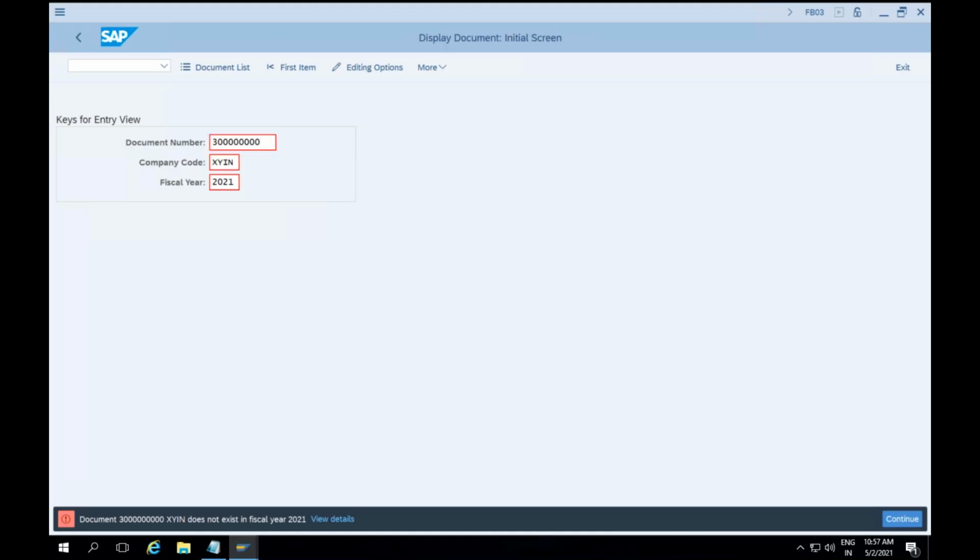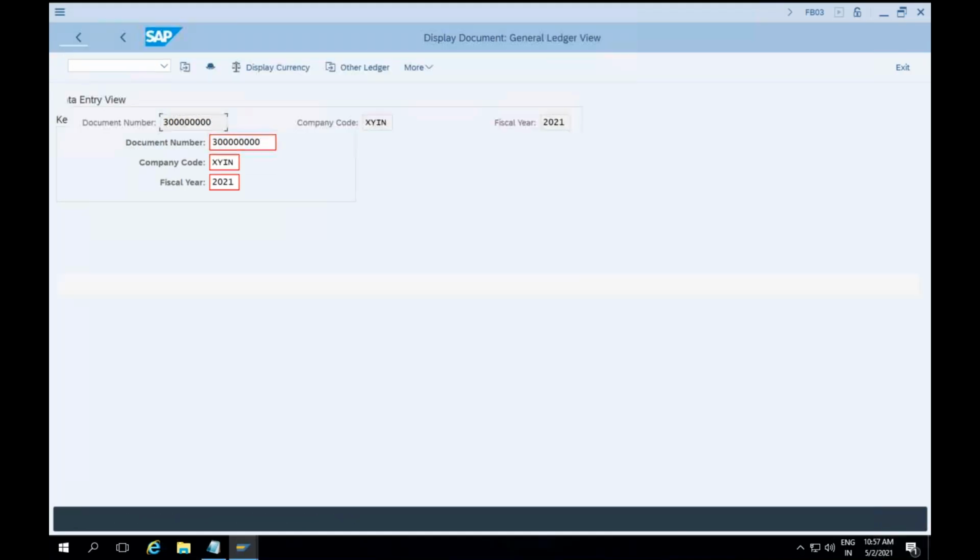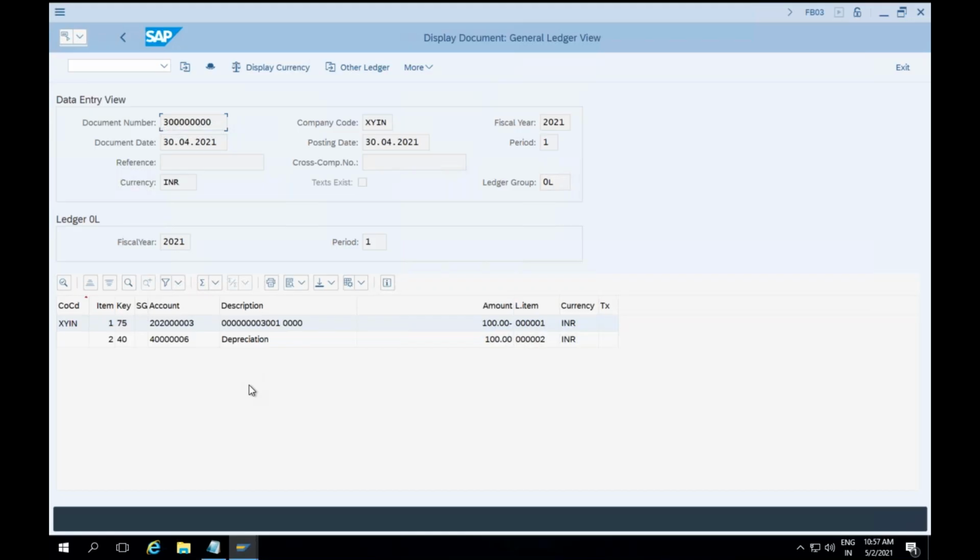So you can see what is happening here: the asset account is getting credited by 100 and the depreciation profit and loss account is getting debited by 100. If you want to see the GL, this is showing asset. You can see it is showing posting key 75, which means it is reducing the value of the asset. But if you want to see the general ledger view, which GLs are debited and credited,